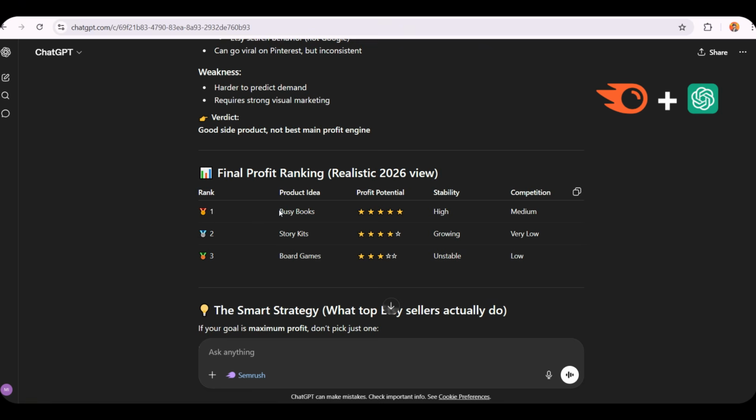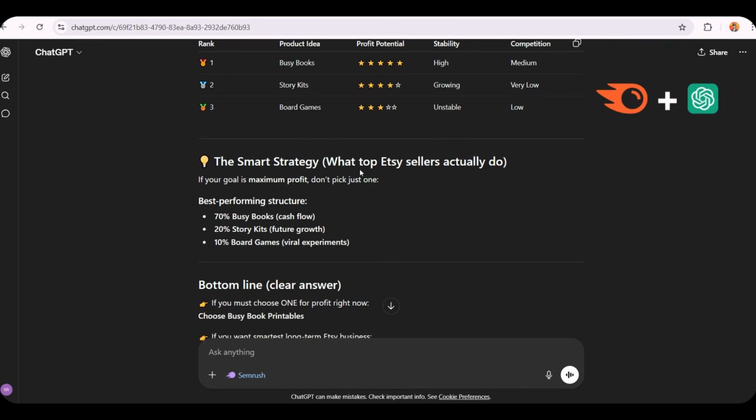For example, the first product has medium competition, but is more stable in generating sales right now, so Semrush ranks it as the top option to sell immediately. The second product? It tells you that its stability is increasing, competition is very low, which makes it a highly profitable opportunity if you start today. And the third product, it explains that it's less stable in generating sales right now, but competition is also low, so it still has strong future potential. Then it gives you a complete strategy to generate sales using these three products, both for the short term and the long term. And finally, just to make things simple, it summarizes everything for you at the end,